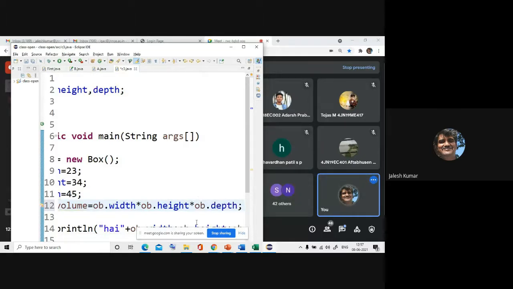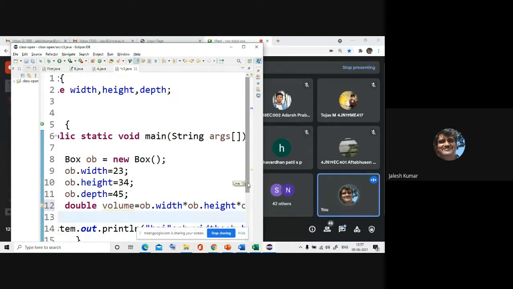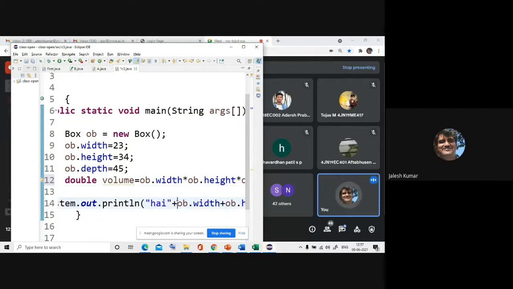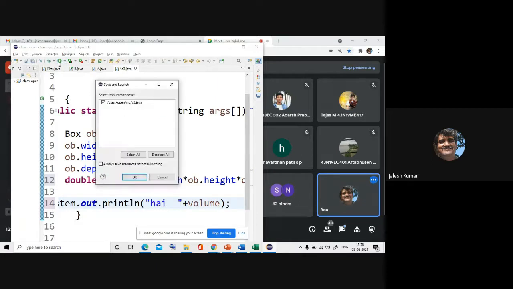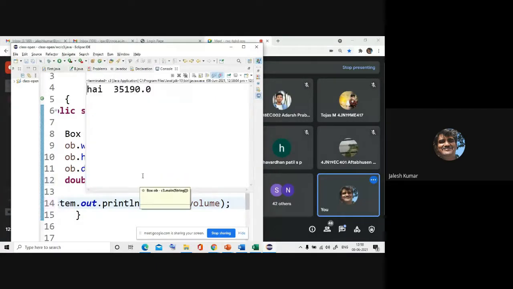And instead of printing these values directly, it is not from any particular class, directly I am accessing, is it not? If I print volume, directly you can use that variable. Object is not needed. You are getting the value of that.